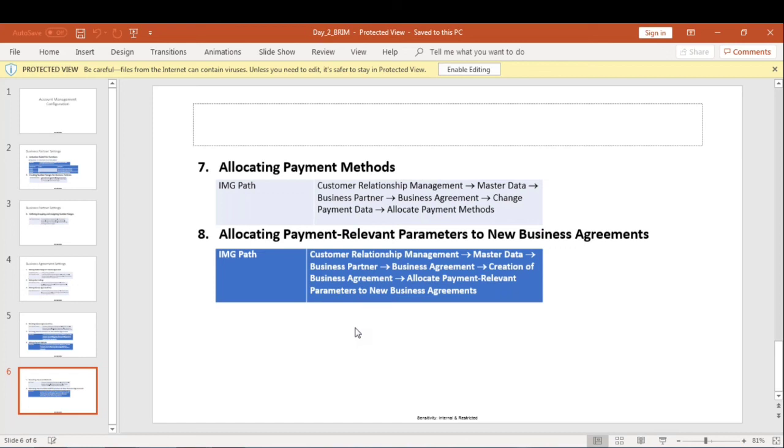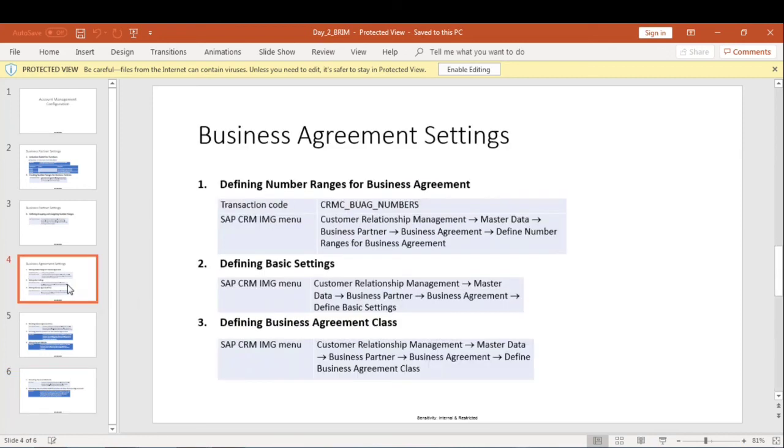Once we get the system access, we can clearly understand all these things. It is very easy. Once we see it in the system, then we can imagine easily what is happening in the system.